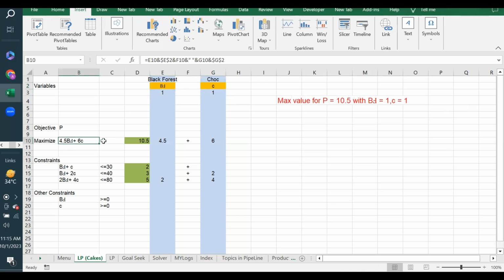And we have this maximize function, and we have to ask the Excel Solver add-in how much production will be feasible, keeping in consideration these constraints. So what is the best way to maximize our production, right? And how many cakes of the Black Forest and how many of the chocolate, what combination of these two cakes would be suitable in order to maximize this function,